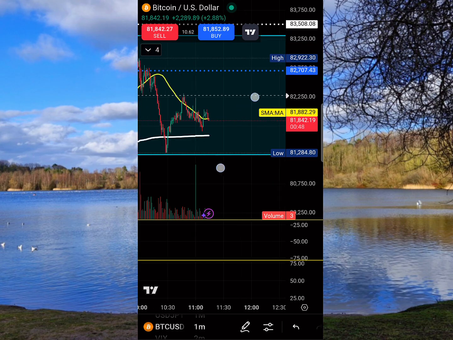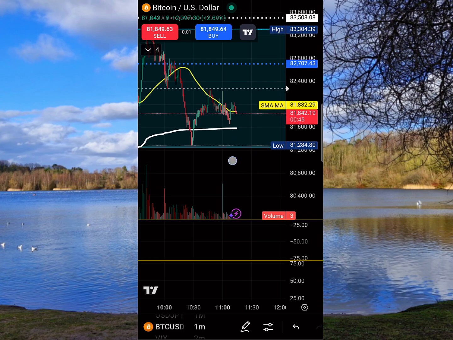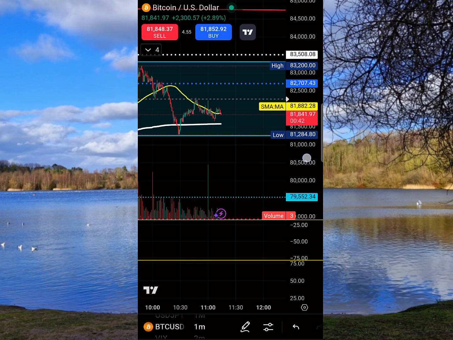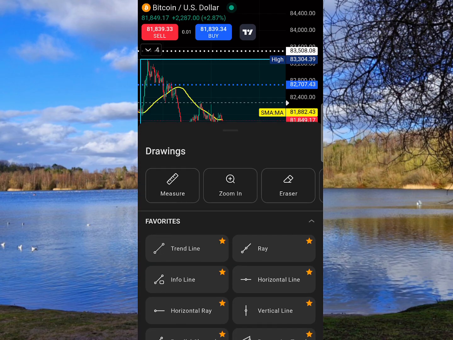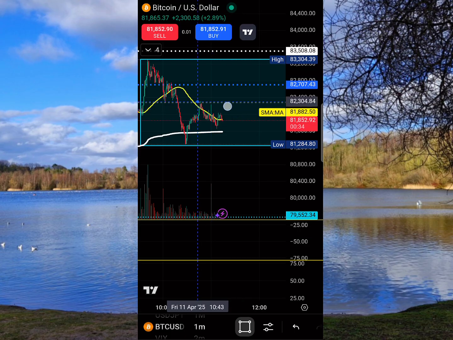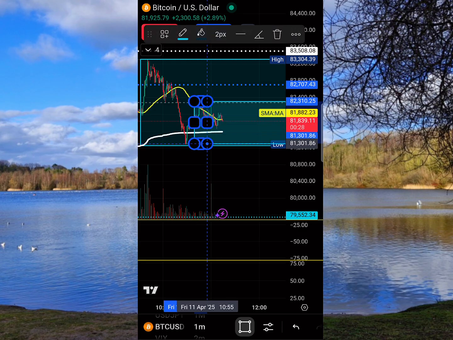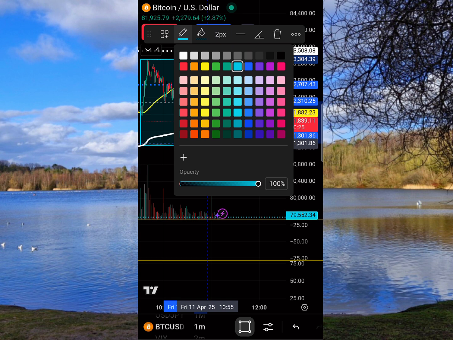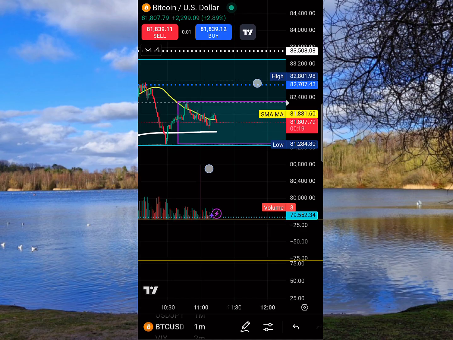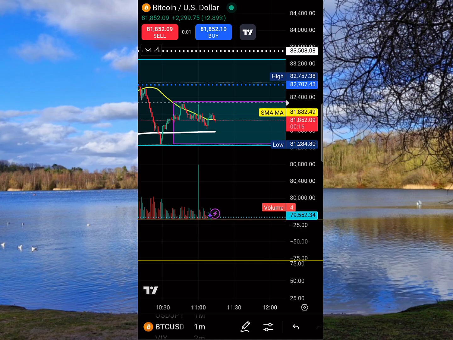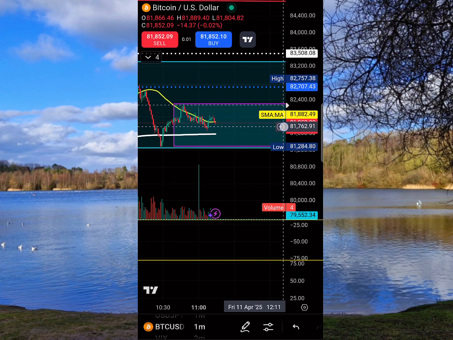So there's always, you can box things within a box and then trade within that range. If I was to draw another box here, if you were trading the 1 minute, then you can see between this high and this low. And if I change this to a different color, I highlight it here. So here you can see, and if you mark out the middle level of this box, where there's support and resistance, where support turns to resistance,